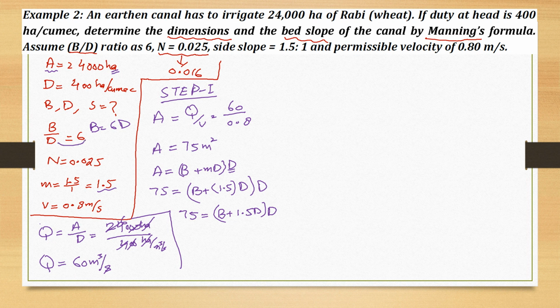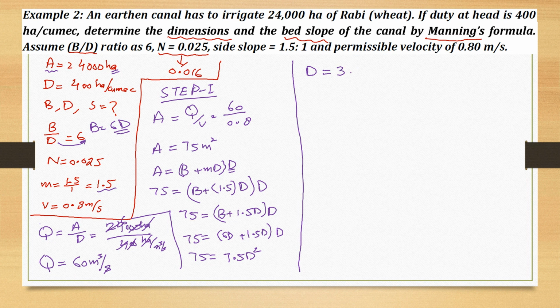So simply, if this D is multiplied on this side, we can put a value of 6D in place of B. So in this formula, we will write 6D in place of B. This will be 1.5D into D. So it will be 75 equals 7.5D square. When we solve this, we will get two values same like in last question. So we will have two values, but we will adopt the value of D which will give the positive value of B. So simply D will be equal to